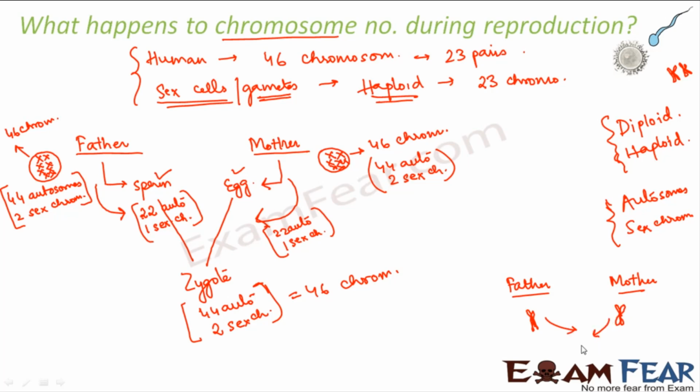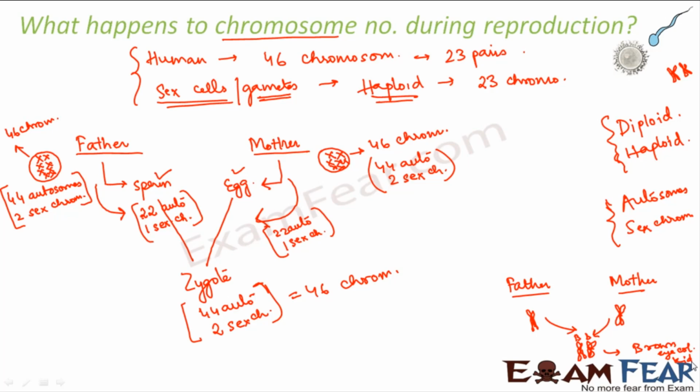Now after fertilization, the sperm and egg combined. So these two chromosomes paired up, right? So one is for brown eye color and the other one is for blue eye color. So which one will dominate? Brown eye color will dominate. So therefore the kid will have a brown eye color, right? So that means the sperm and the egg cells will contain one representative of each type of chromosome. So they will not carry the pair from each parent. So they will take one representative from father, one representative from mother, and after fertilization they will combine the two. So they will pair up again.